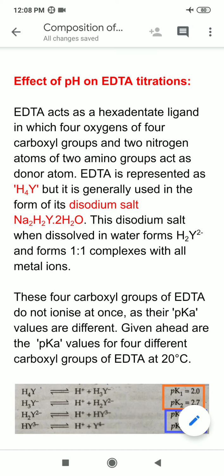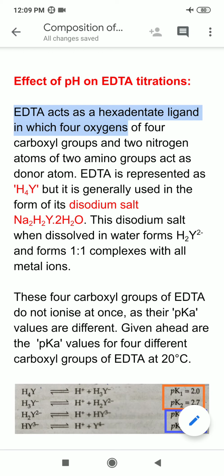So students, our today's topic is the effect of pH on EDTA titrations. Before studying the effect of pH on EDTA titrations, I would like to give a brief introduction of EDTA. So EDTA is a hexadentate ligand